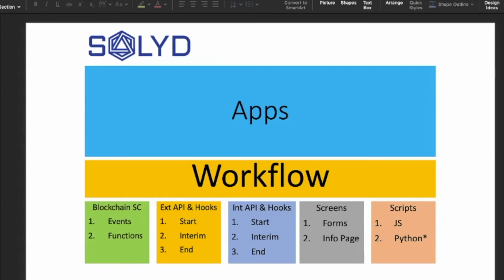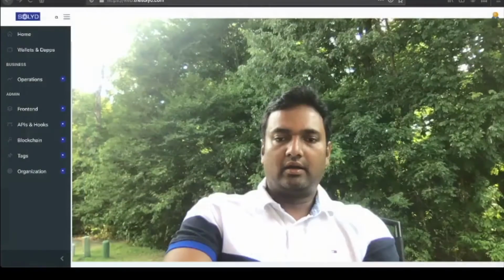And then you can have screens which can have forms to collect data or info pages, and then you can have scripts to execute certain custom codes. And currently we support JavaScript. In our coming versions we'll also support Python. So let's log on to our